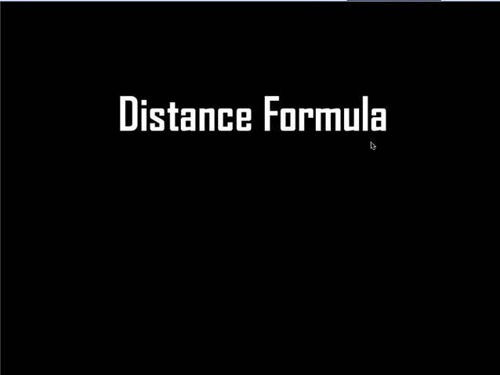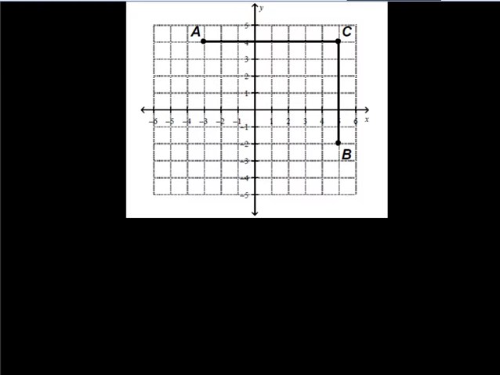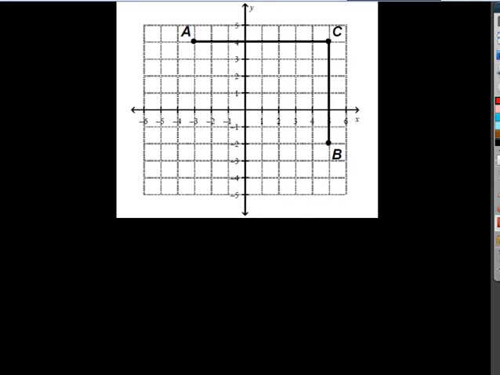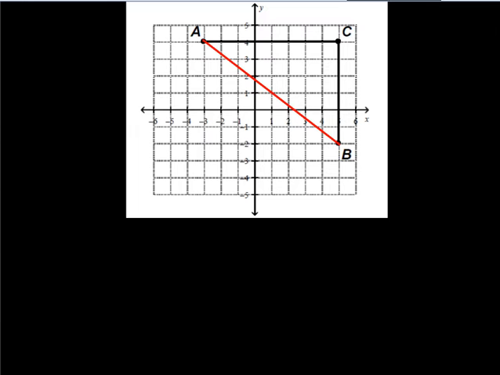Alright, let's talk distance formula. So if you see this plot, this graph here, I have AC and CB graphs. And if you'll notice, I can draw a line from A to B to create a right triangle, and if you will recall,